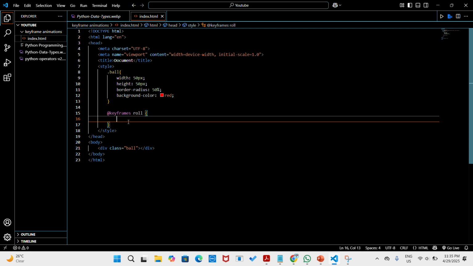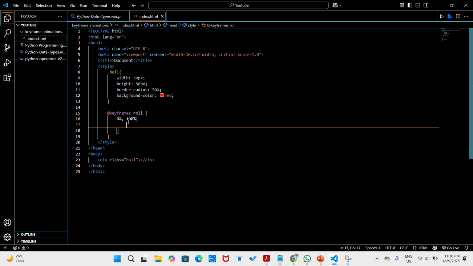And here we can have percentages, or we can have a from block and a to block. For this particular example, we will be using percentages. So where the object is at 0% and the object is at 100%, we will set the